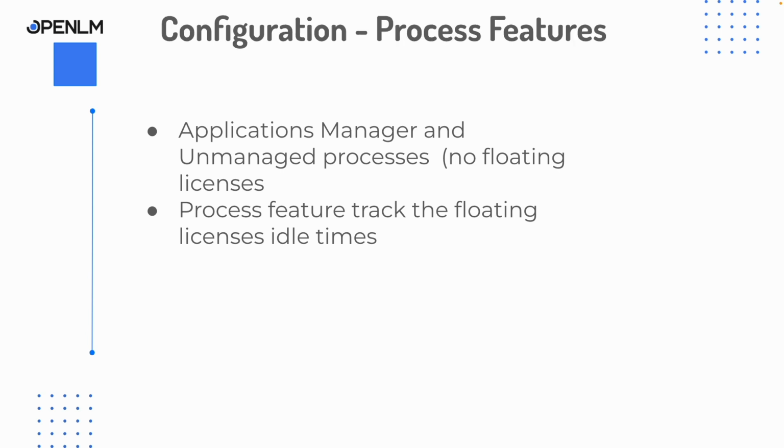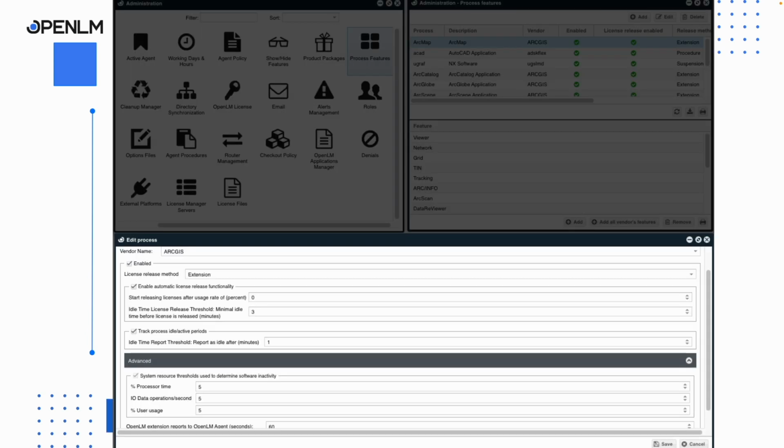So, prior to viewing, there are a number of steps you need to follow that will make it possible to assess actual usage. Make sure you have installed the OpenLM workstation agents on the end user's workstations. Then go to your Easy Admin user interface. Then click on the Start button, Administration, and then look for Process Features. Then, when the Process Feature window is open,